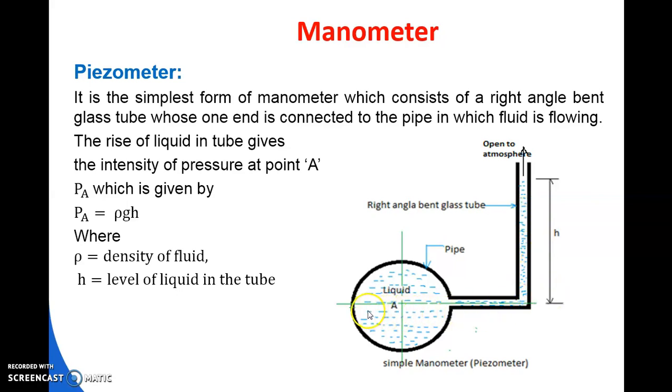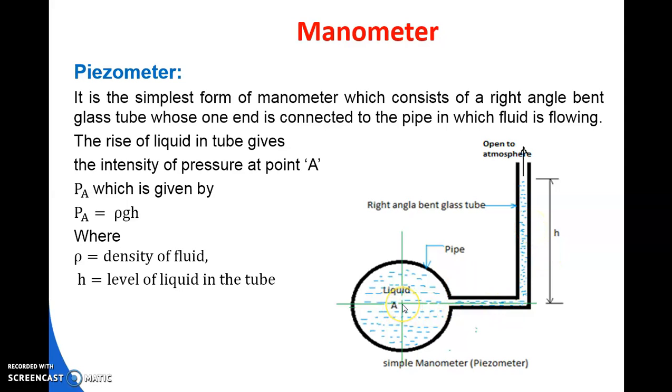Let's consider a reference line, taking the center line, the x-axis, as the datum line. We observe that the liquid rises to a height h from the datum. Considering rho as the density of the liquid flowing through the pipe and h as the rise of liquid,